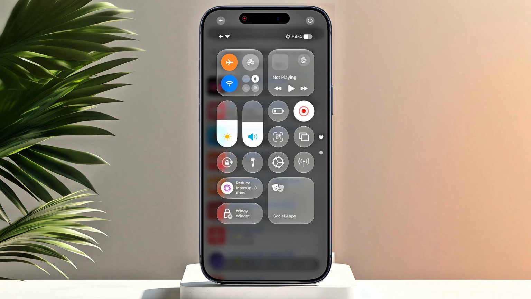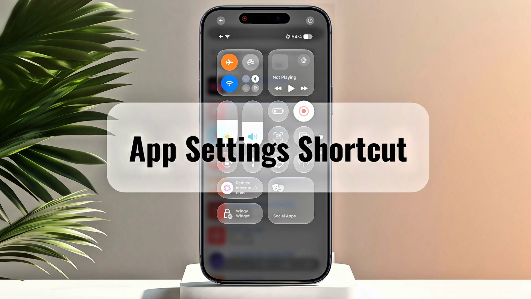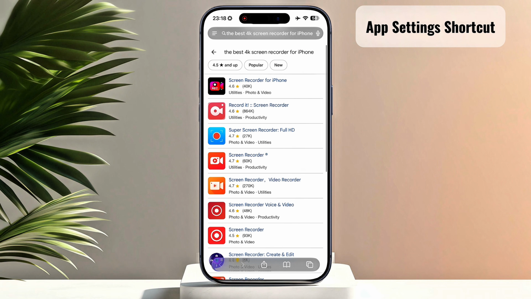Lastly is this very shortcut that takes you straight to an app's settings page. This is one of my favorite shortcuts that saves time. Let's say I'm on the Safari browser and want to make some changes to the settings. I will simply pull down the control center, tap on the icon, and it will take me straight to the Safari